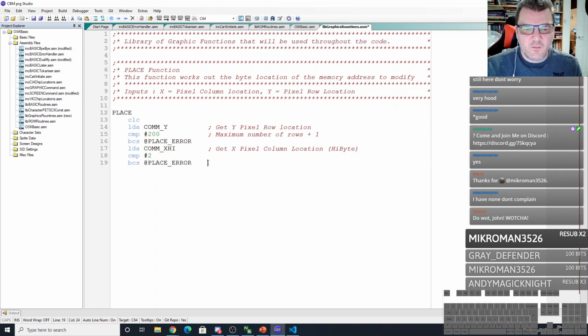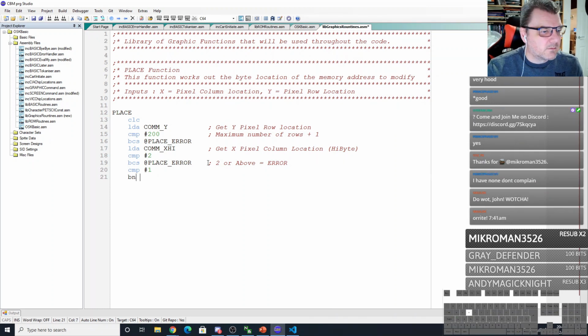Right, so we are saying 2 or above equals error. So therefore, if it carries on, then it must be either 0 or 1. All right. So if we compare with 1 now, and then do branch if not equal,